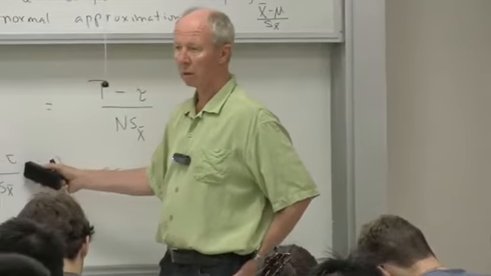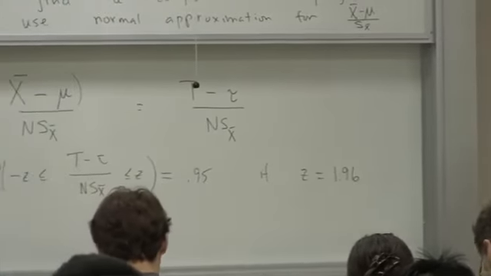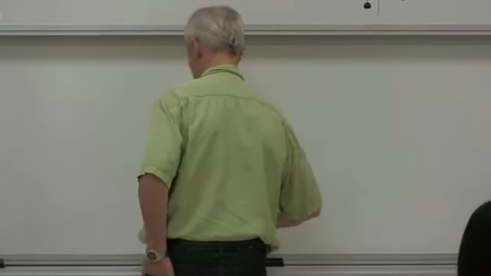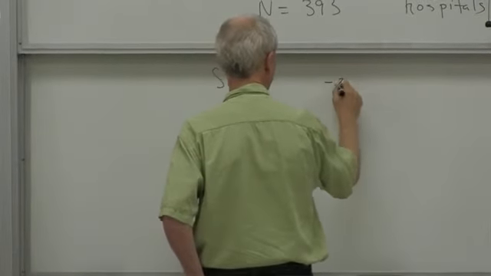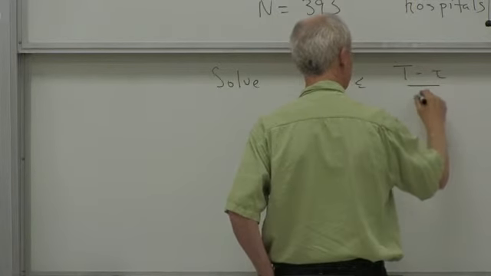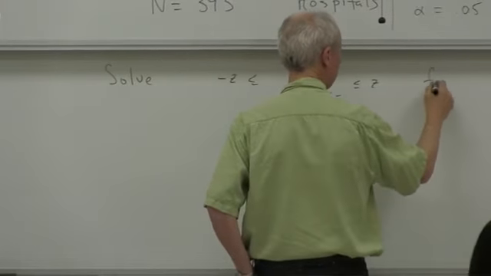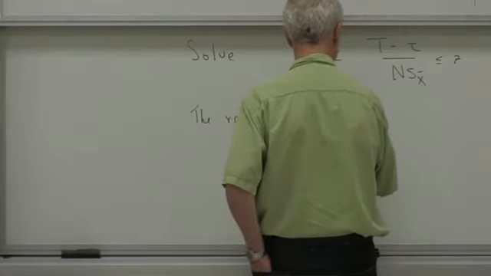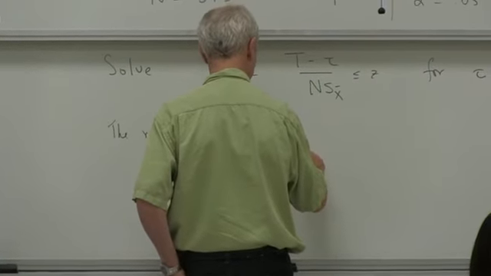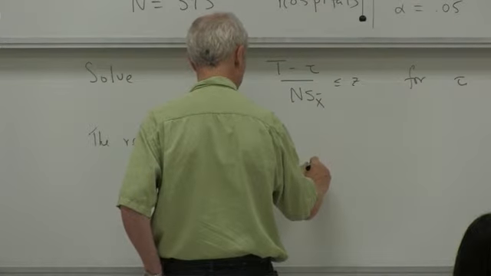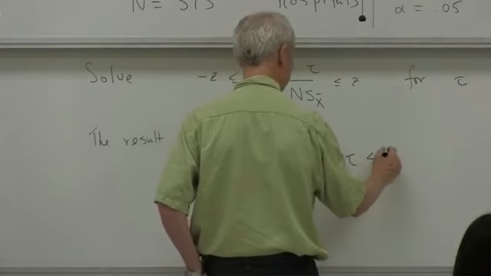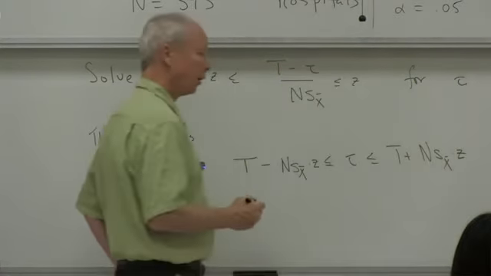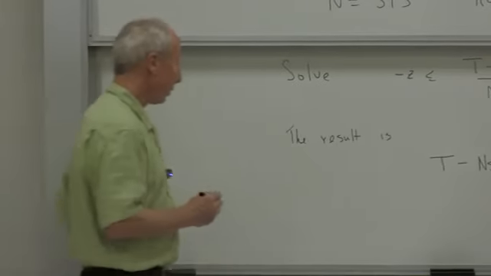We have to solve this inequality for tau. Same steps as before, give this. So the interval is